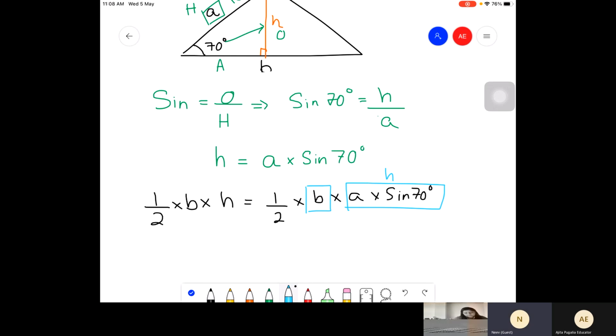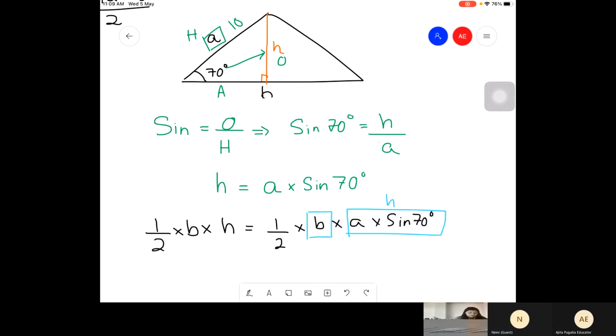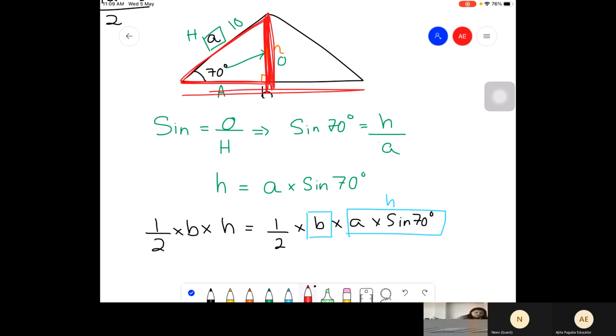Wait, but we cut the triangle in half, so the base is not the base, right? No, I never cut the triangle in half because I just draw a perpendicular line. Whether it cuts the base into equal parts or different parts, it doesn't matter to me. I'm taking into consideration this angle only. It's a right angle triangle, that's what matters to me. Base can be anything for me. I figured out the h part. Now this is the actual height, and this is the base. So half into base into height.